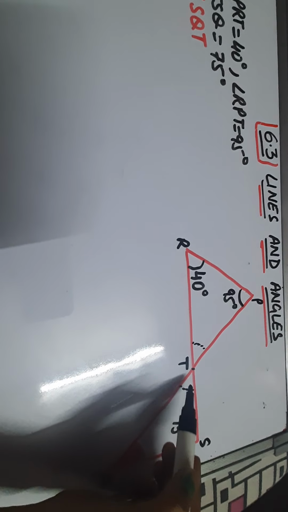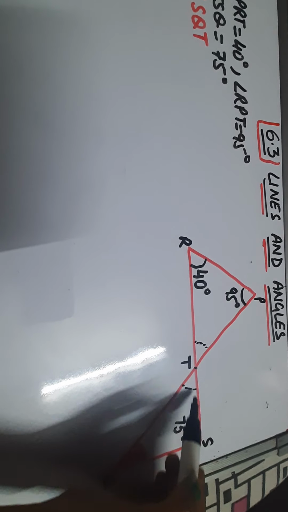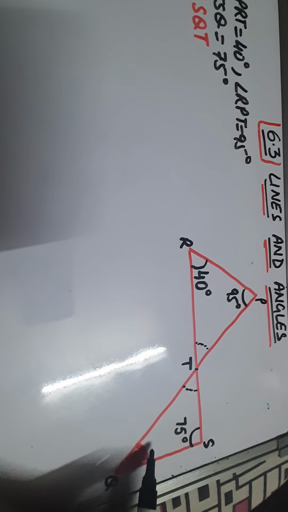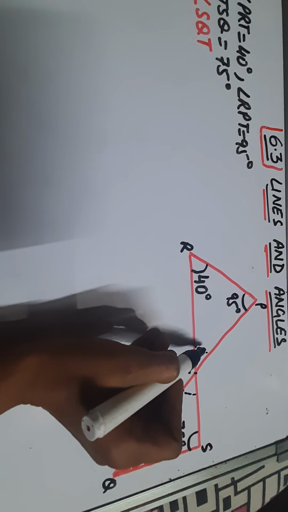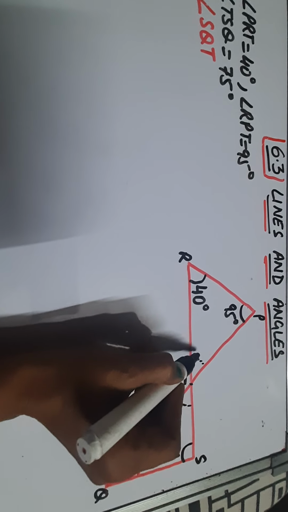So if we know both these angles, then by angle sum property we will be able to find this angle, and this angle can be obtained using this angle, vertical opposite, but this angle is not given to us. So what is the way to find out this angle? Yes, this angle is part of angle PRT, and by using angle sum property, first of all in this triangle we'll get this angle T, right?